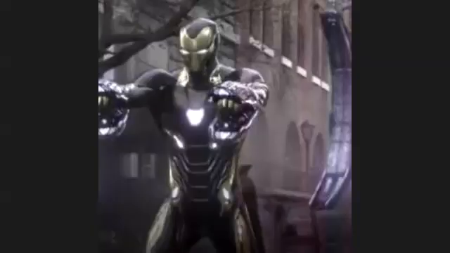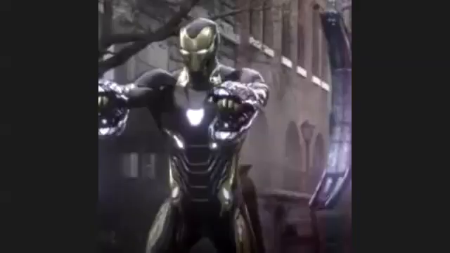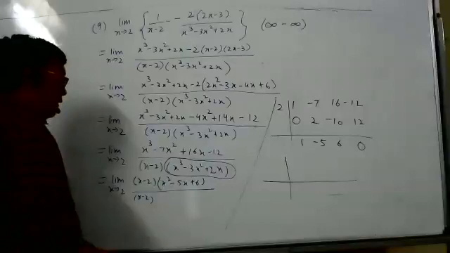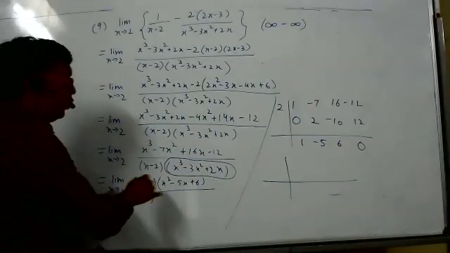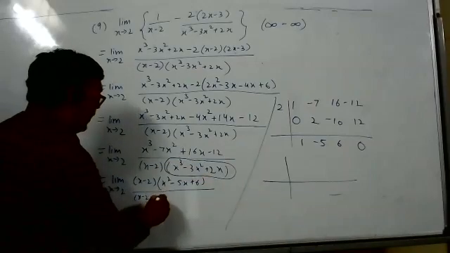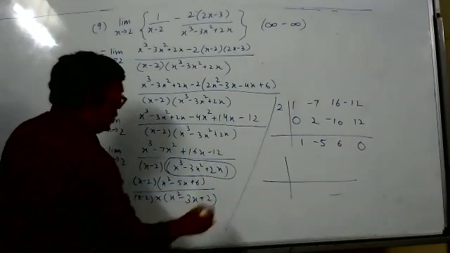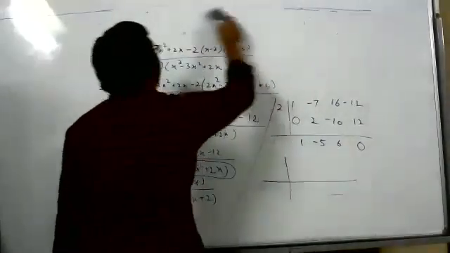In that whole polynomial, we can take out x. x cube minus 3x square plus 2x. Here x is there in every term, so we can take it out. That is better actually, so there is no need of synthetic division. Taking x common, what will you get? x square minus 3x plus 2. So no need of the synthetic division method, but we can do it that way also.